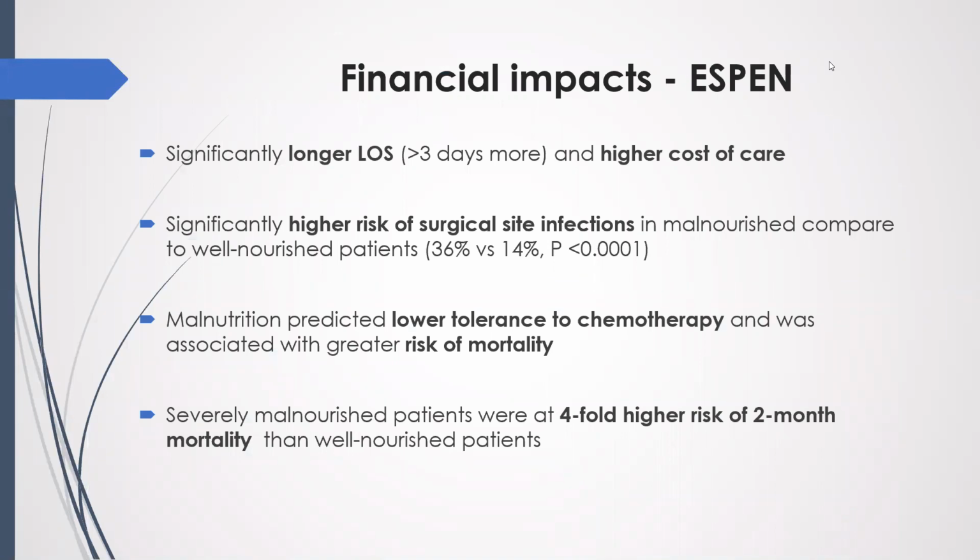So I just had a quick look at the European Society for Clinical Nutrition and Metabolism, and they took a quick look at the financial impacts of malnutrition on these oncology patients. And the higher the malnutrition rate, the significantly longer the length of stay, with more than 3 days, and the higher cost of care. And as we know, the global burden of the higher cost of care is not something that we need at this stage right now, because it has quite a significant impact, especially in developing